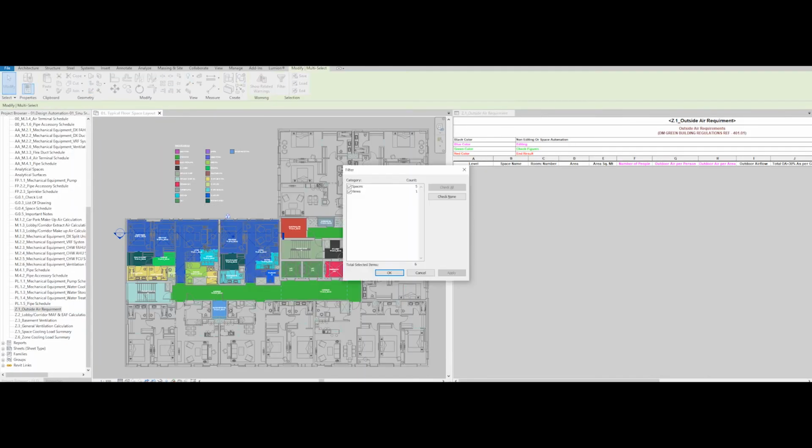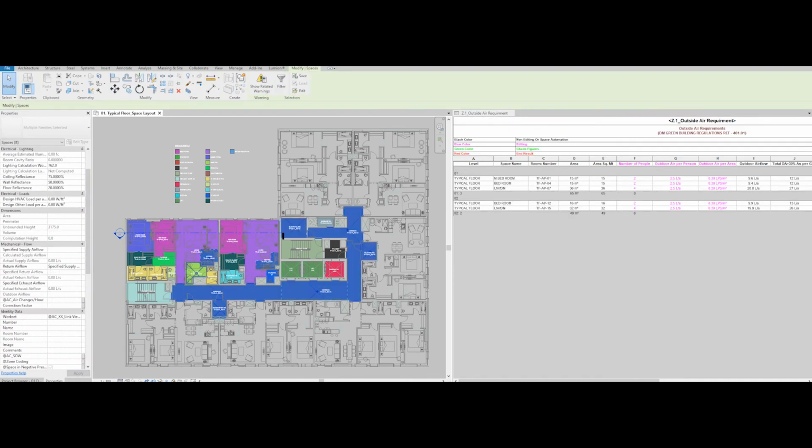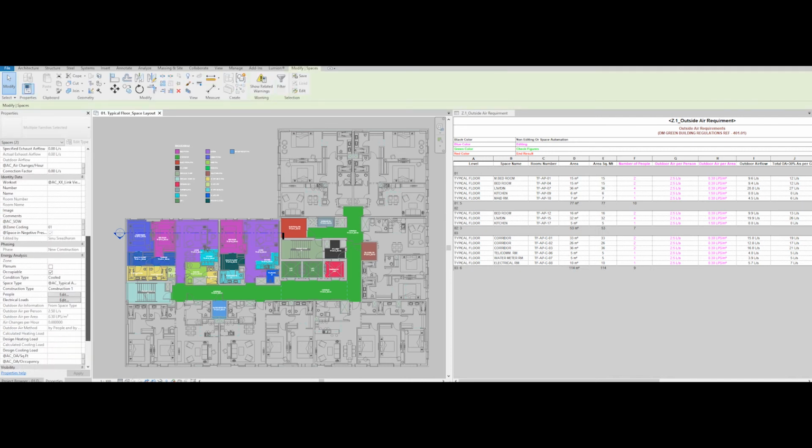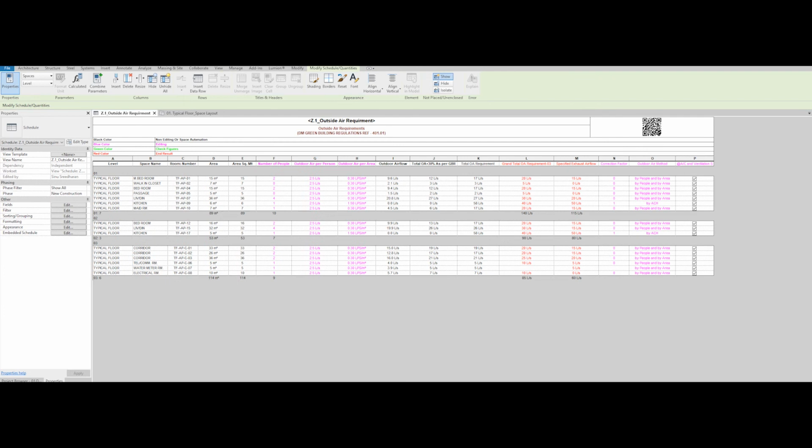This is the template for the fresh air calculation, and I'm selecting the check marks where the space is to be treated under ASHRAE 62.1 standards. Here is the result for the fresh air requirement, and it can be adjusted to more if any green building regulation is to be followed for the building.